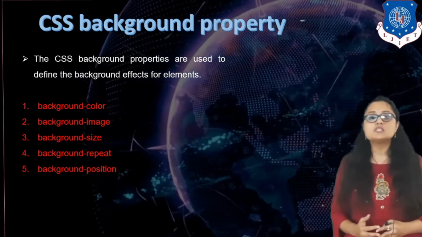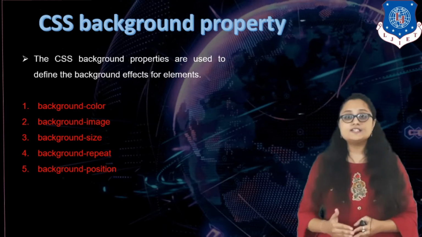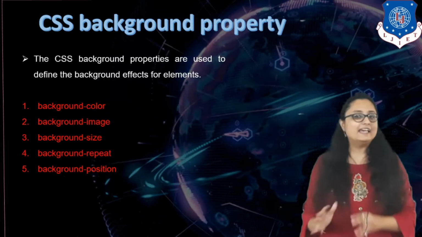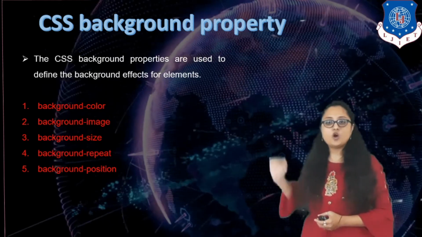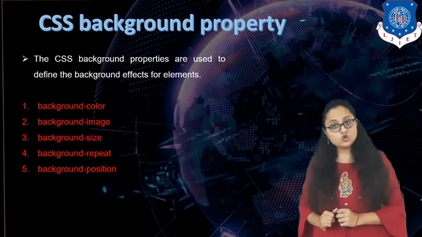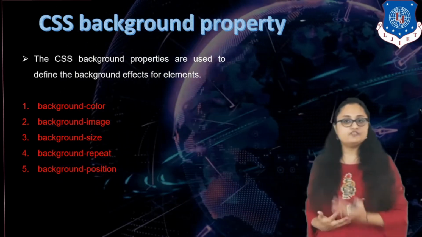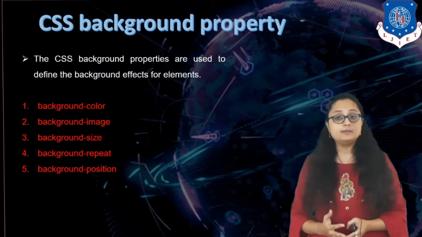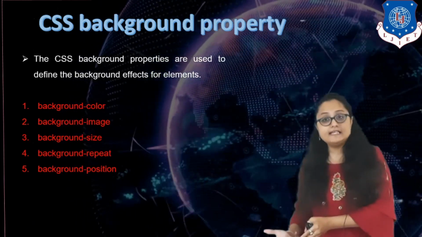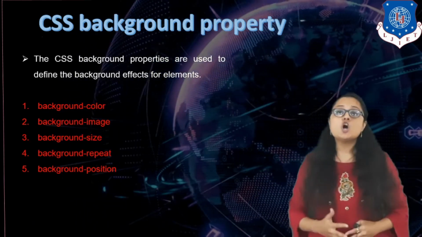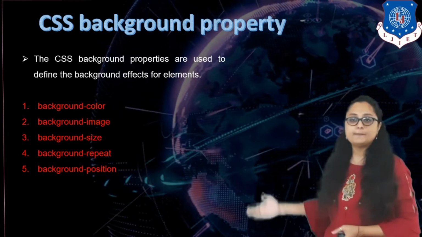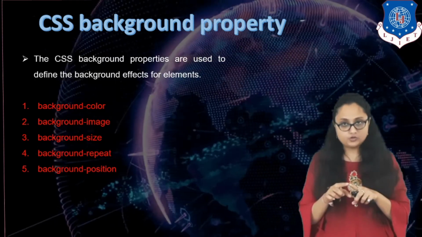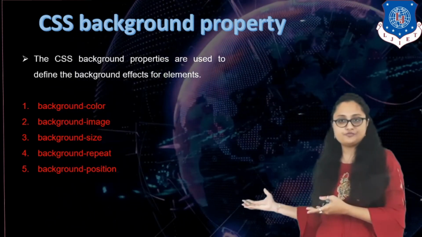Now if you don't want to set color for your background, and instead you want to set some image in the background of any element, the property name is background hyphen image. Okay, we will study the syntax and how we can set the image as well as background color for your element. But if you are setting a background image, there are some other properties that you can use along with it, like background size. It means you can specify the size of your image. You can specify a custom size of your image that you want.